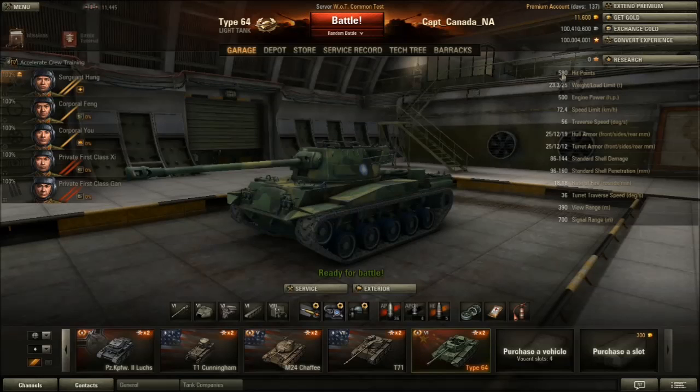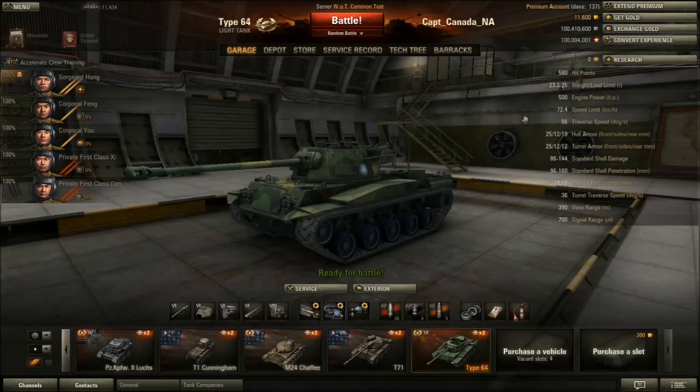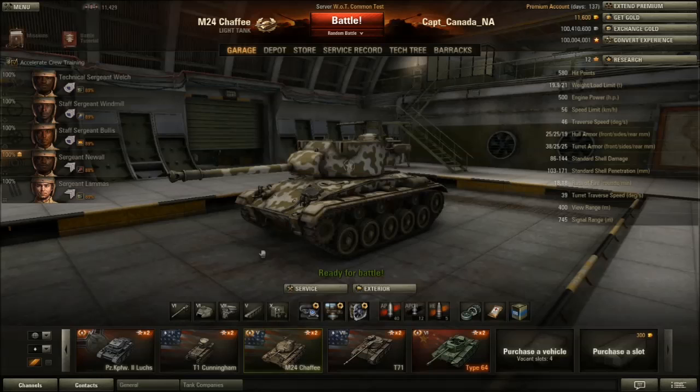Looking over at the hit points, it's got about 580, which is not great. The Chaffee's actually got 580, and it's a tier 5 tank. So hit points aren't great. The power to weight ratio is okay. 23.30 is okay. I mean, keep comparing it to the Chaffee, but hold